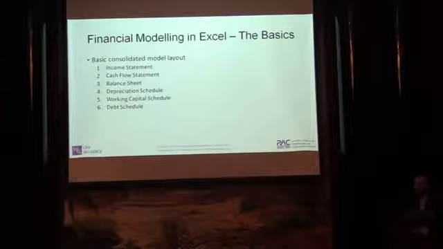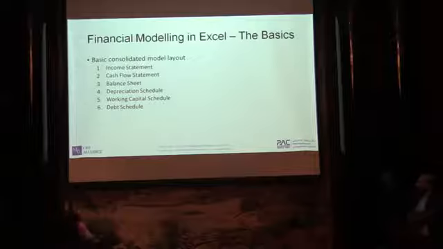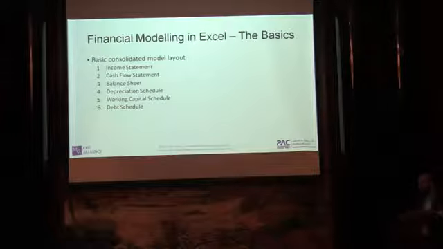So these are going to be plugged into the other statements. Basically, when we make the income statement, we'll leave some spaces over there. When we make the cash flow statement also, we'll leave some spaces over there. When we finish these schedules, we'll link them back into those statements. So that way we have a flow going through all the statements. Finally, when we work on the balance sheet, everything comes together. And last, we will work on the debt schedule. Debt schedule is always worked last.